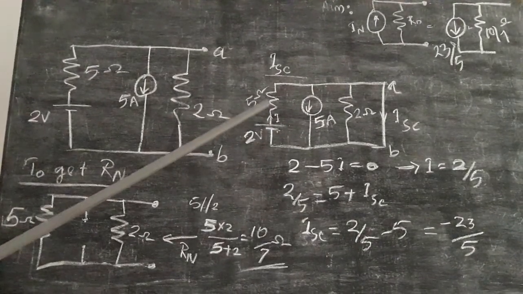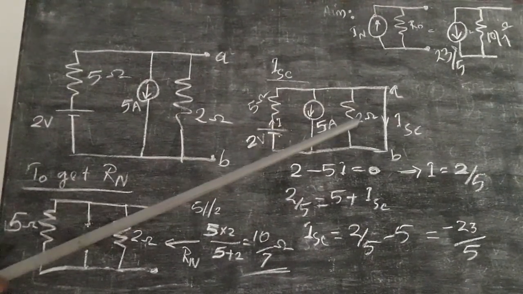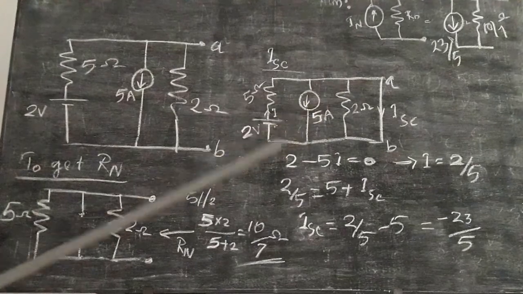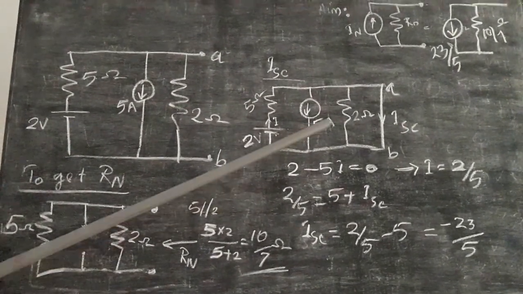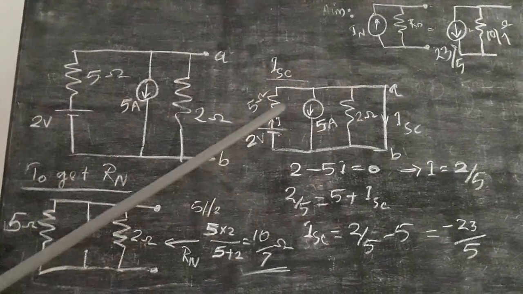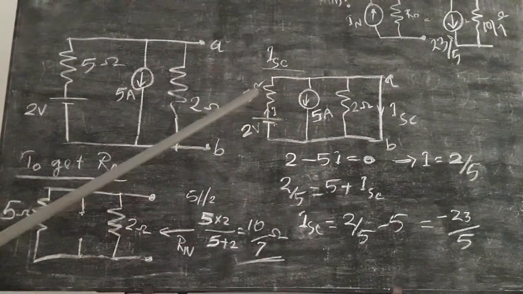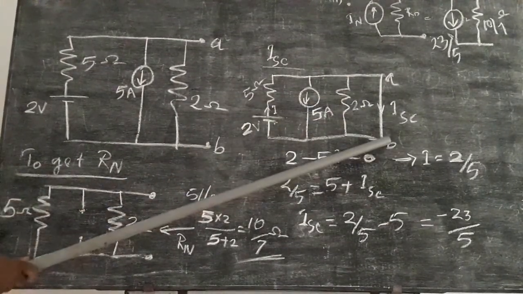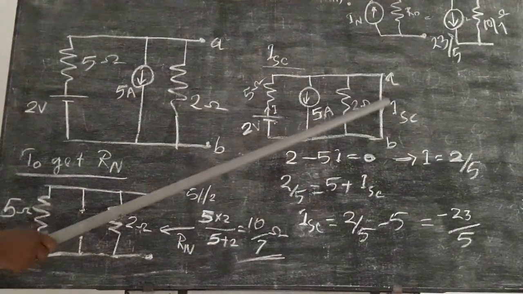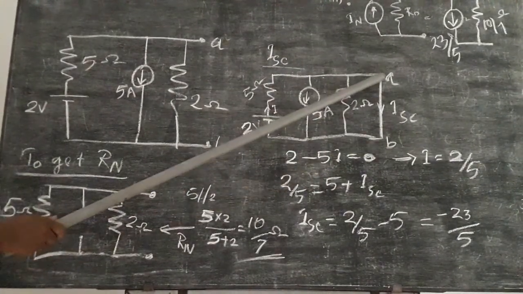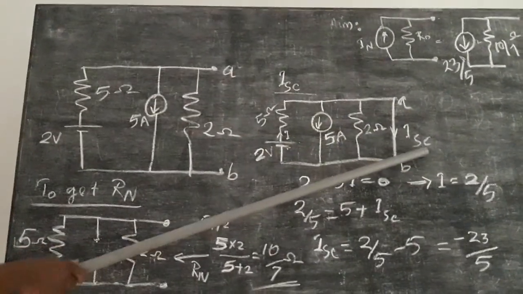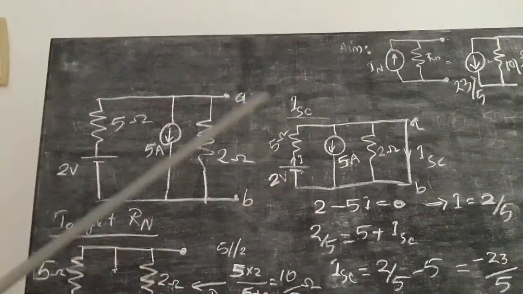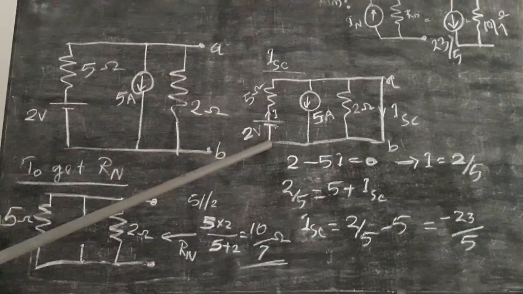See what I have done. The 2 ohm resistor is in parallel with the short, so there is no effect from this 2 ohm resistor. No current will flow through it because it is already shorted by the terminal. Then the other 2 branches are the 5 ampere source and this 5 ohm, 2 volt branch. Since the terminal is shorted, the voltage across AB is equal to 0 because there is no drop here. So A and B are at the same potential. So the voltage across the 5 ampere source is 0 because it is in parallel. Then the voltage across this branch is also 0.